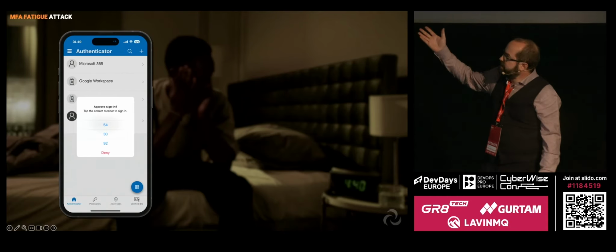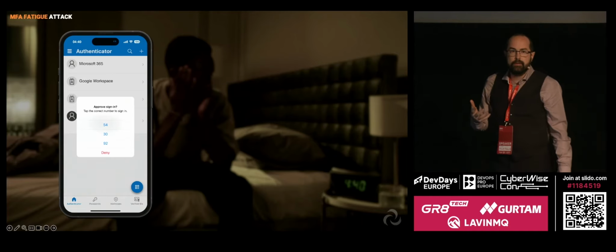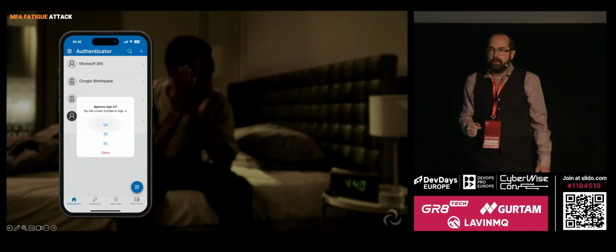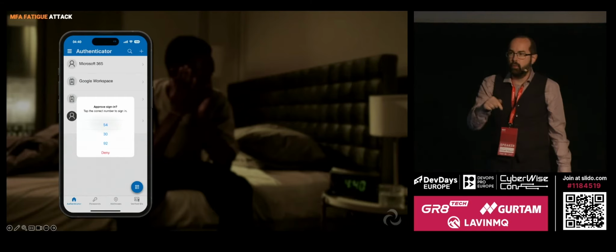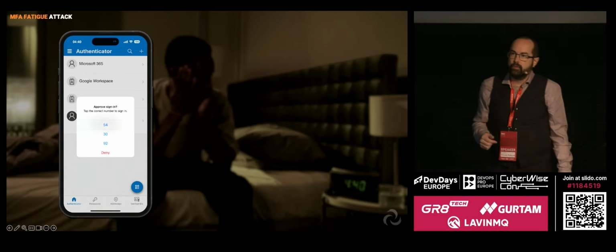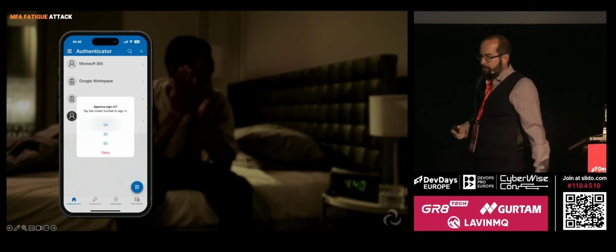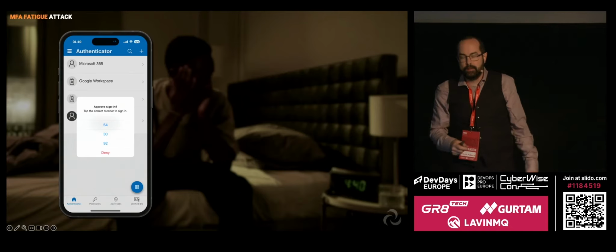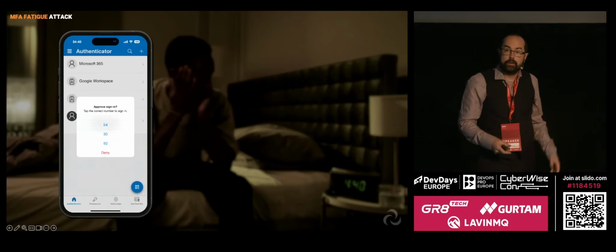So maybe you see this kind of screen where you have to select an option. You don't know which one is correct. And maybe you click cancel a couple of times and then there are a few more coming in. And you go like, I can't be bothered. You just select one and you keep on doing that. Statistically, you are going to get the right one after some point. And that's also a problem, and you can go back to sleep. You solve someone else's problem as well, because you may have let someone else into your corporate network,